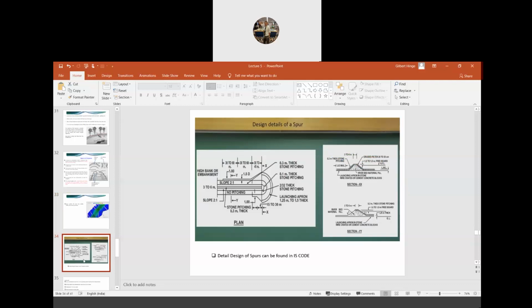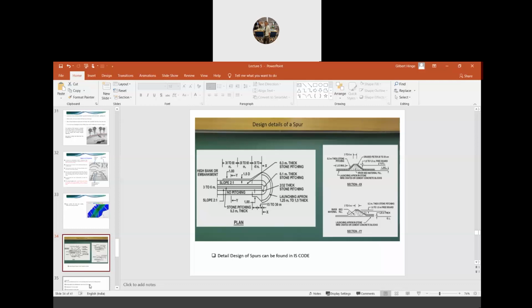So you see here, yesterday I shared one PDF. In that PDF you will see the details of how different types of spurs are there, and then the different plans of spurs, how to design spurs. As of now, we'll not go into the design part. If we have time, we will go into the design part. So see here, this is the plan of a spurs generally.